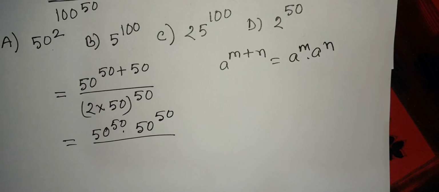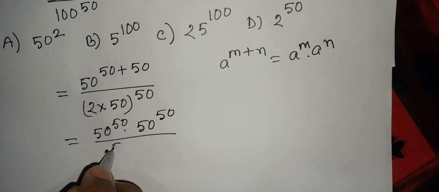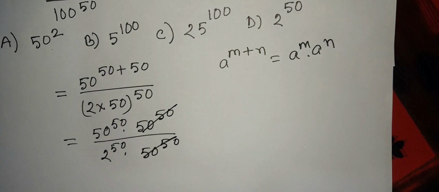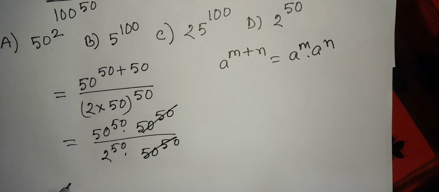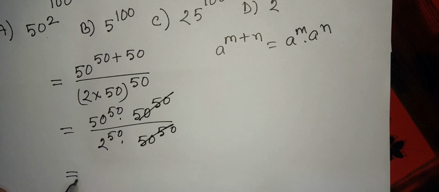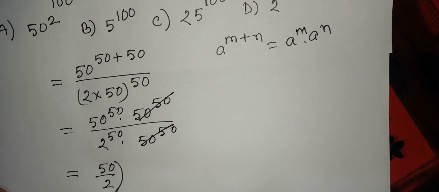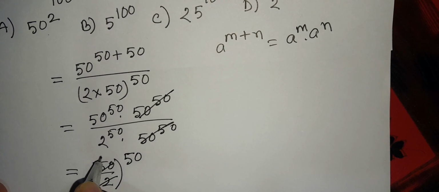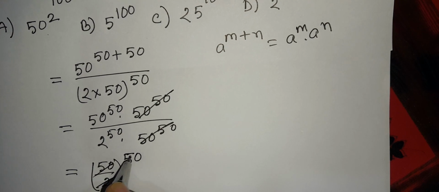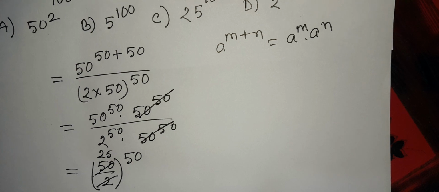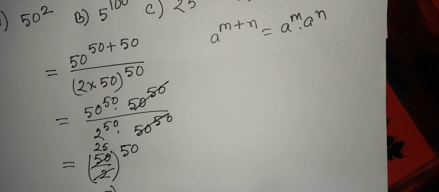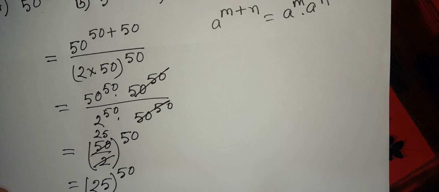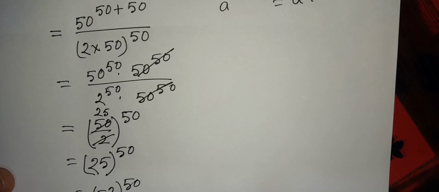Okay, and by 50 to the power 50 into 50 to the power 50, 50 to the power 50 by 50 to the power 50 is cancelled. We can write here 50 by 2 and to the power 50. By dividing by 2 we can write 25 to the power 50 equal to 5 square to the power 50 equal to